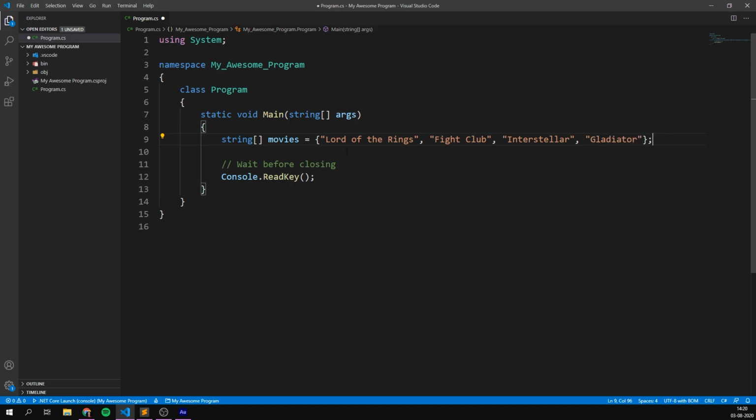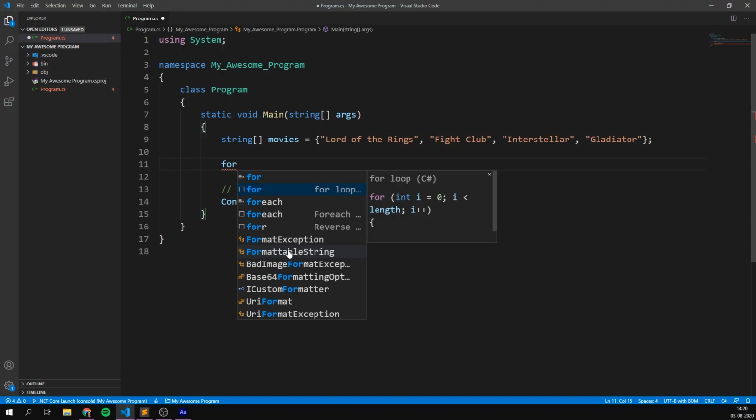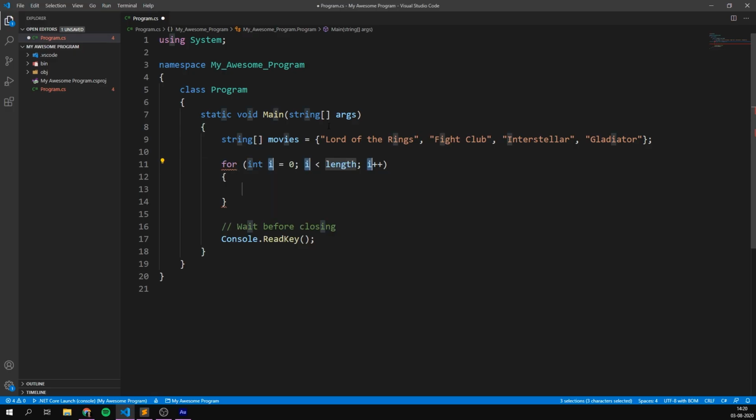And we can actually loop through these movies using a for loop. So let's go ahead and create a for loop. I'm going to write for. I'm going to go down to here where it says for loop and hit tab in order to auto-complete it. I'm going to call my variable i here for index. And then the length here, I'm going to continue as long as i is less than, let's just put in 10. And that's it, we've now created a for loop.